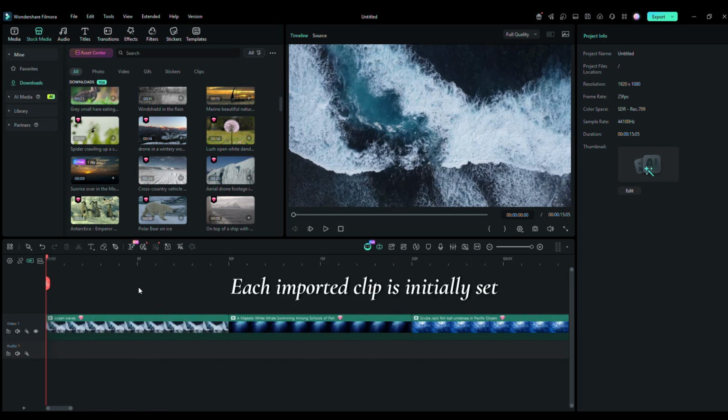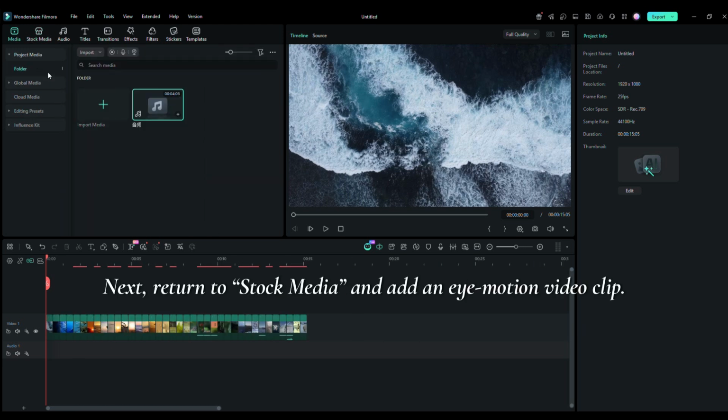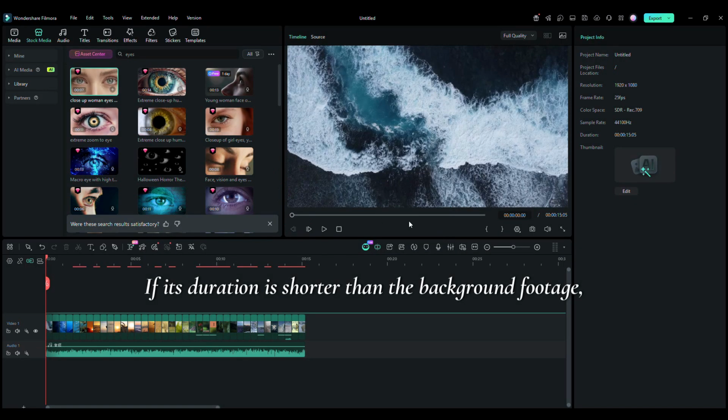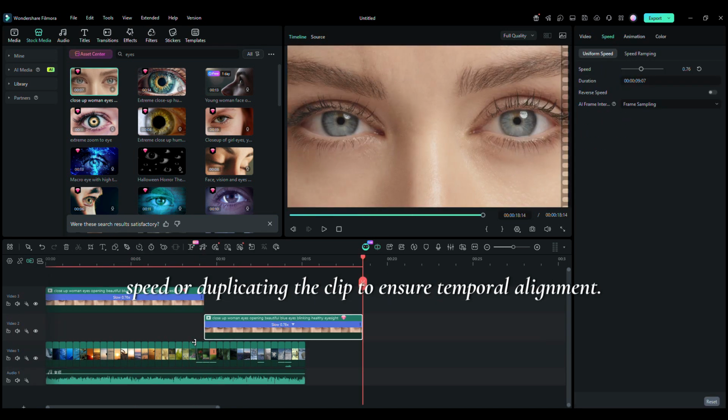Each imported clip is initially set to a duration of 10 frames. After completing video editing, import your pre-uploaded audio file and place it on the audio track. Next, return to Stock Media and add an iMotion video clip. If its duration is shorter than the background footage, extend it by either adjusting playback speed or duplicating the clip